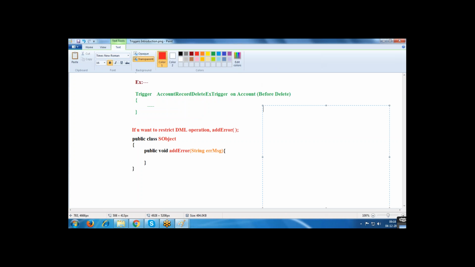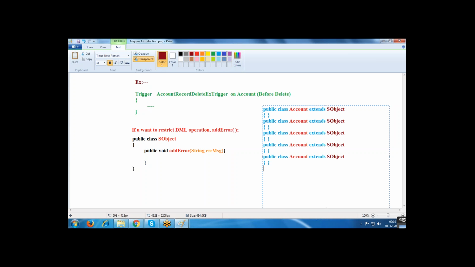Like we have classes such as account, contact, lead, customer, transaction, like this. sObject is the parent of any of these classes.